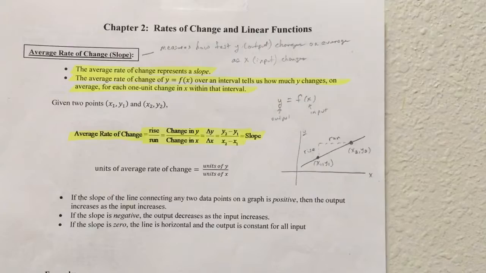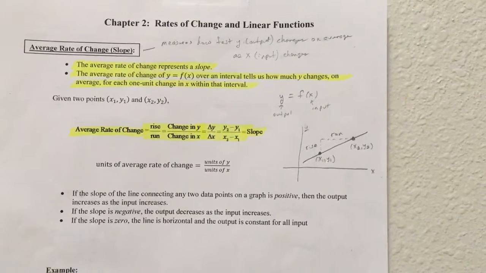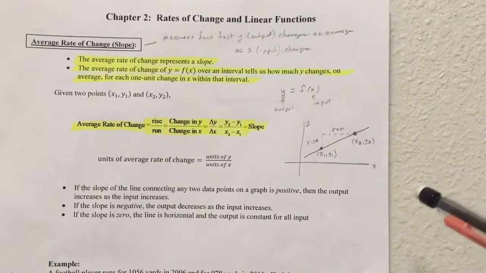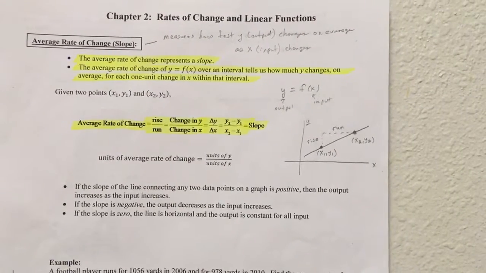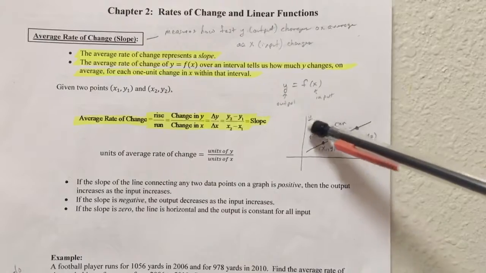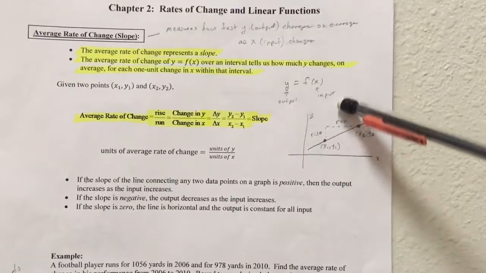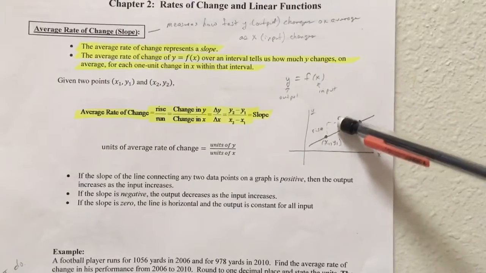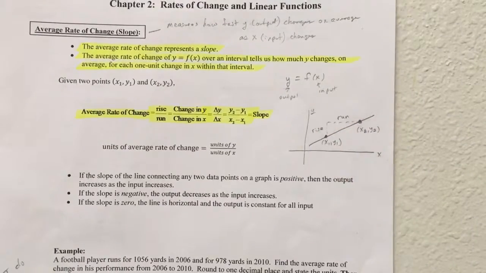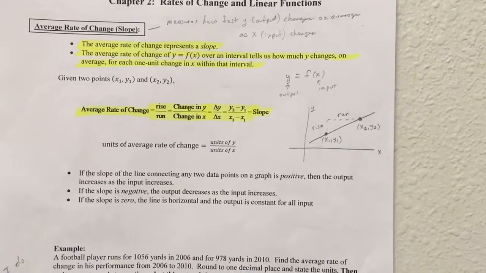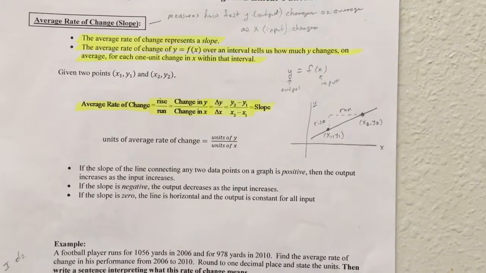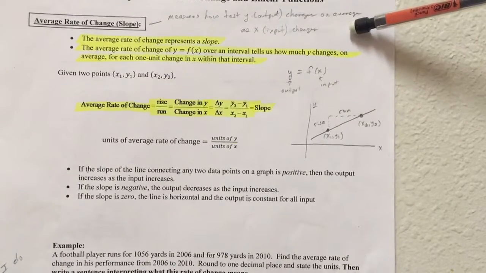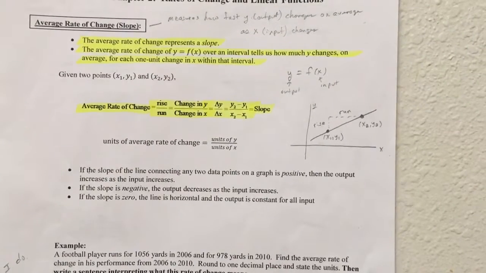Up to this point, we've been talking about functions. Functions have input, functions have output, and we know for a function, each input has exactly one output. So if we have y equals f of x, that means y is a function of x, and x is the input variable, y is the output variable. Average rate of change, again, measures how fast the output variable y changes on average as the input variable x